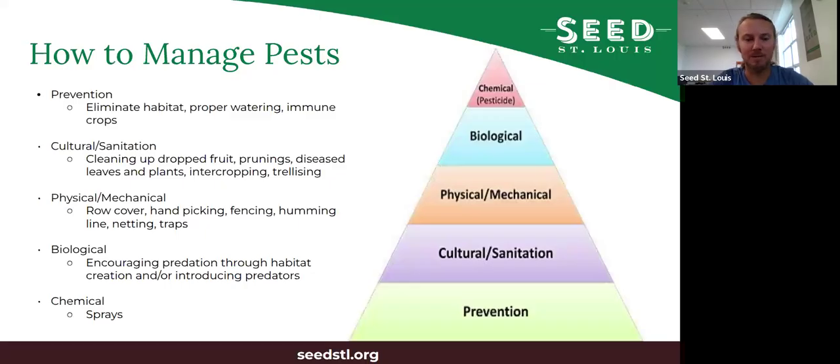So how do we manage pests? This here is the basic triangle of integrated pest management. It goes from the base being the most important, and then you're building on that. This is kind of weird because the pyramid is listed top to bottom, but we're going to talk from the bottom to the top. So the base of your pyramid, the base of how you're going to deal with pests and disease, ideally